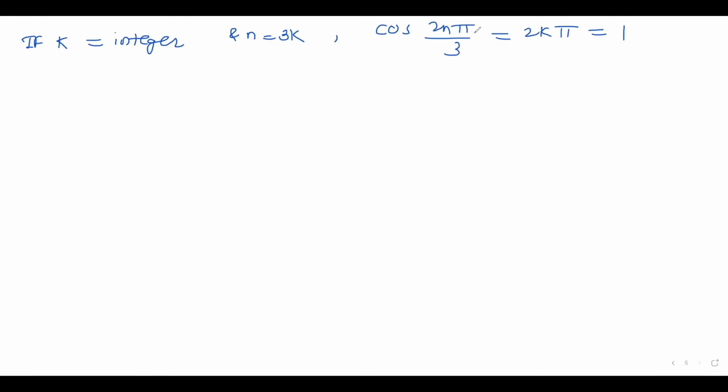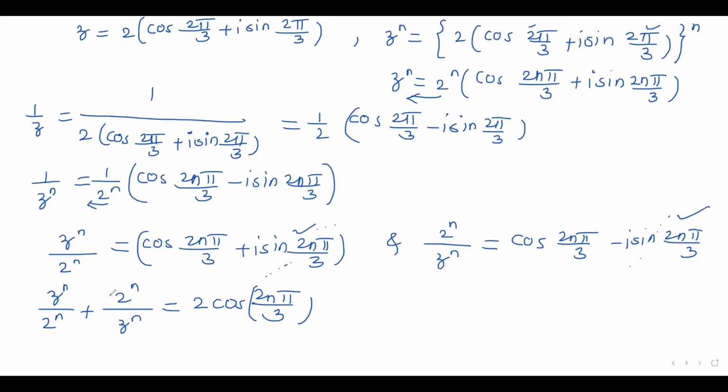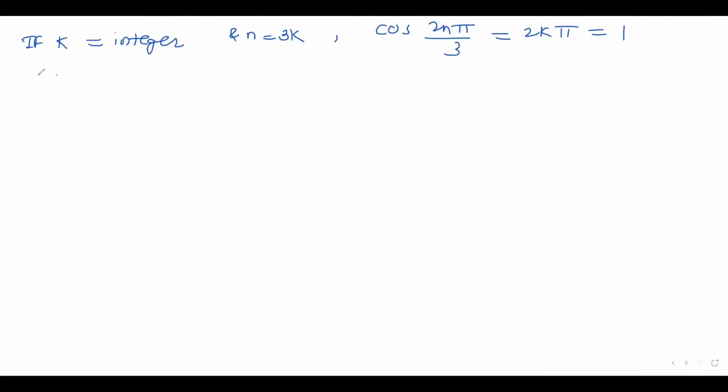And therefore if k is an integer and n is equal to 3k, then this equation on the previous page will become 2 into 1, that is 2. So this will become (z raised to n divided by 2 raised to n) plus (2 raised to n divided by z raised to n) is equal to 2, right? Similarly, if n is equal to